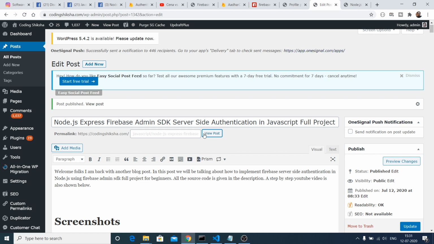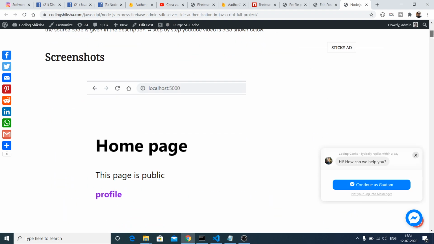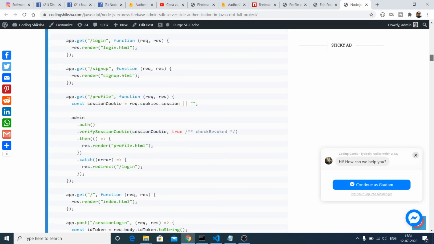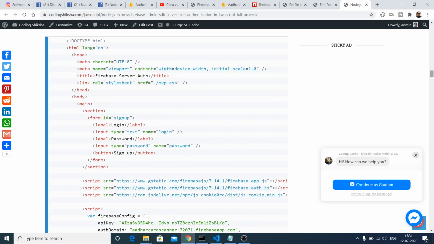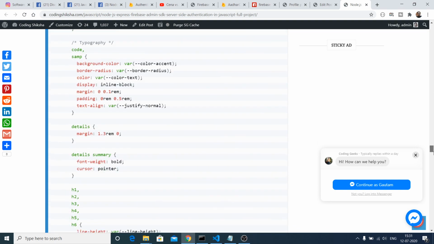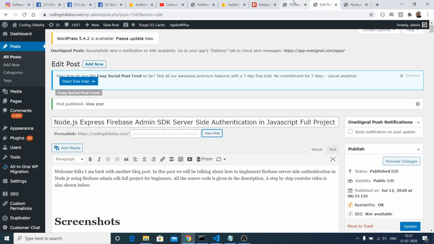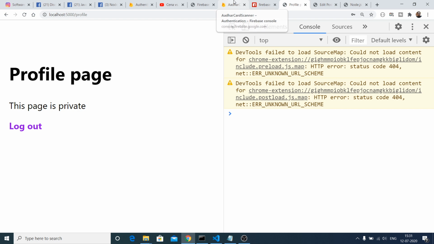So let's get started, and all the source code of this application is given in the video description. If you go to the video description, you will find my blog. This is a step-by-step blog that I have written here. You can see that with the screenshot. All the source code is embedded. You can copy paste this code here. This is the code here. So go to the video description to get the code. So let's get started by building this application from scratch, guys.